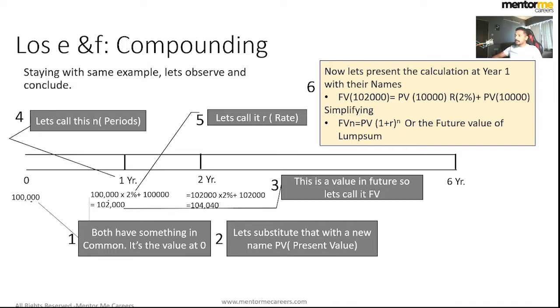Okay. So if you see, the calculation that happened was 1 lakh into 2% plus 1 lakh. Now just notice this properly. This 1 lakh and this 1 lakh is common, and that's nothing but the value at 0, which means today, right? So we could also replace these terms and just say that this is present value into 2% plus present value, right? And since we are talking about the value at year 1,